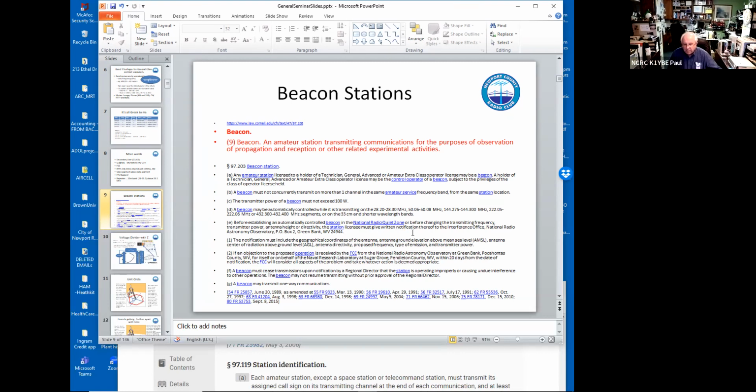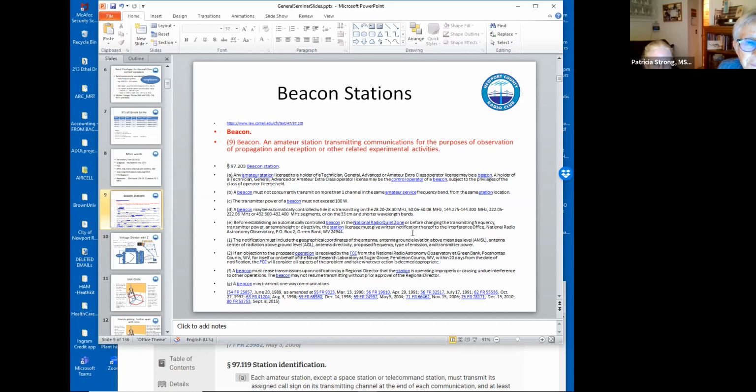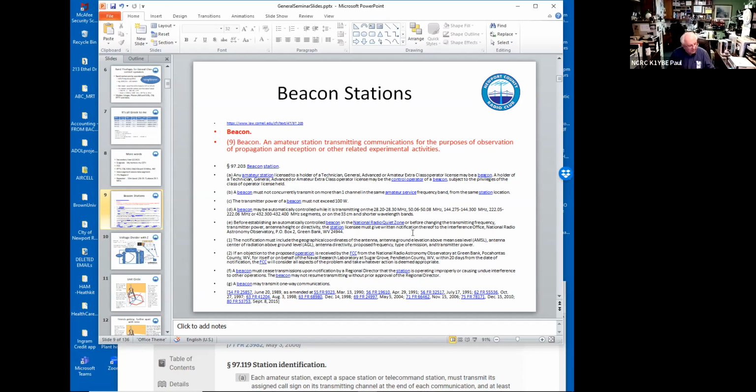What they do is radio astronomy there, and so there are very high restrictions on sending. If you're interfering with a national radio quiet zone, you've got to get off the air, whether you've got privileges or not. The interesting thing is this has come up very recently, in the last week in the tech news anyway, because all of the new thousands of satellites that are going into place